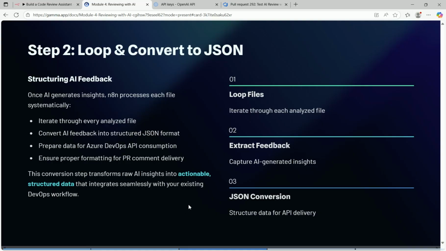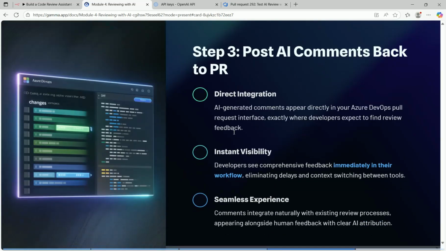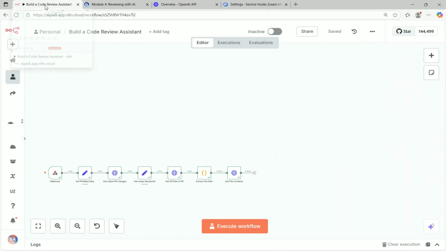So that's the reason why this step is necessary. The third step is we want to post this AI feedback back to the pull request, and that will be our step 3. Now that we know what we need to do in this module, let's go back to n8n